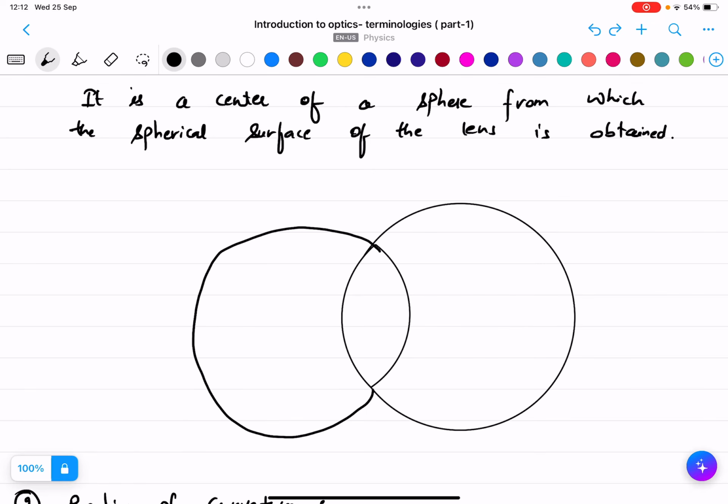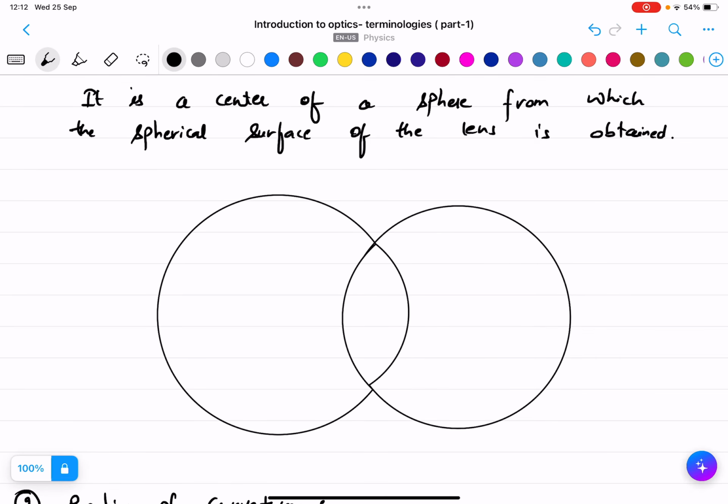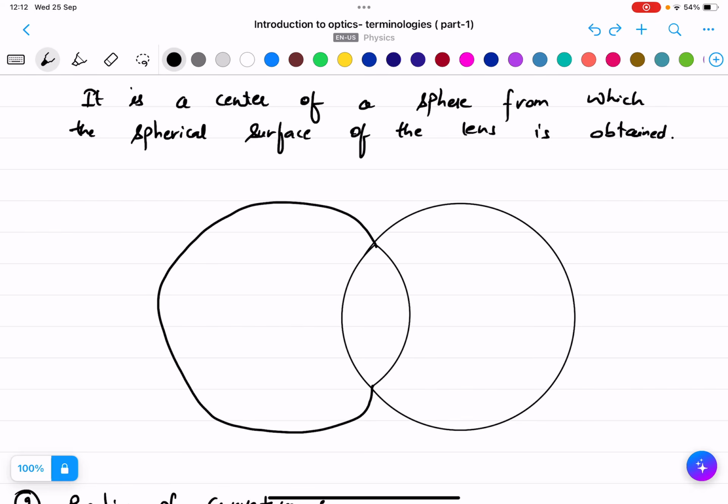Let it be a bit bigger. Okay, let me draw it again. Just assume this is here. So this is a part of the